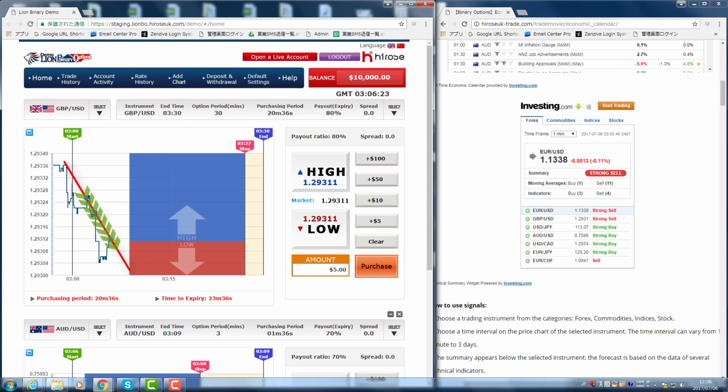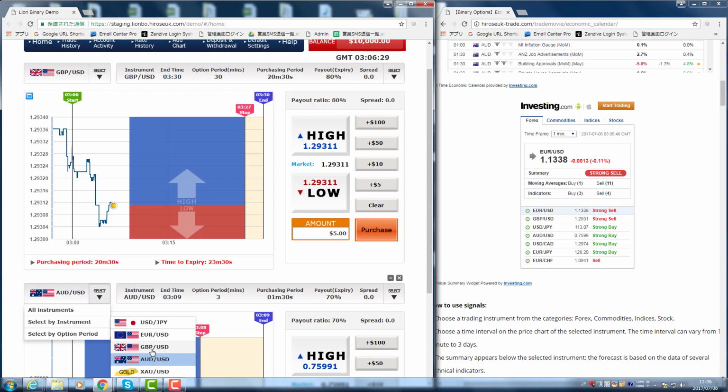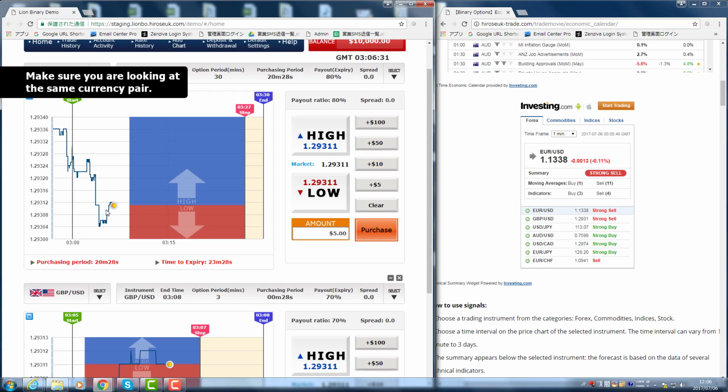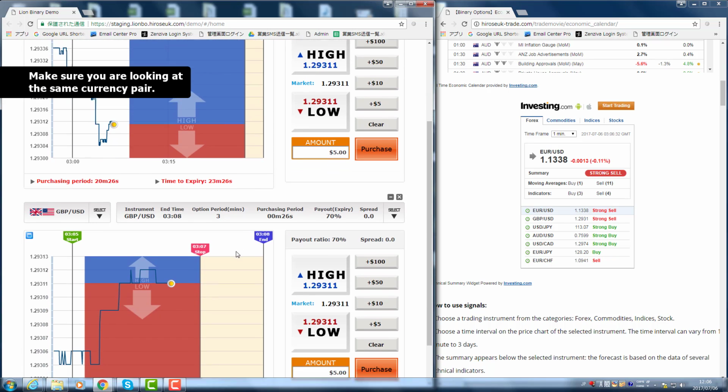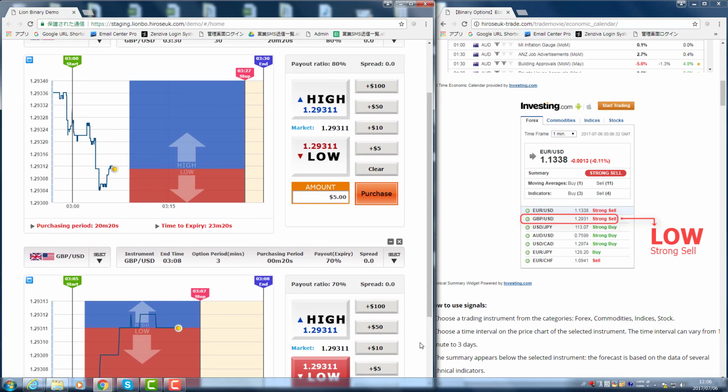Alright, so now I'm just gonna change the other chart to the British pound and US dollar as well. So just make sure we are looking at the same chart. So let's have a look at the signal as well. So for British pound and US dollar, it's strong sell, which means low. So these two indicators match with each other, and then now I'm just gonna wait until the really last moment